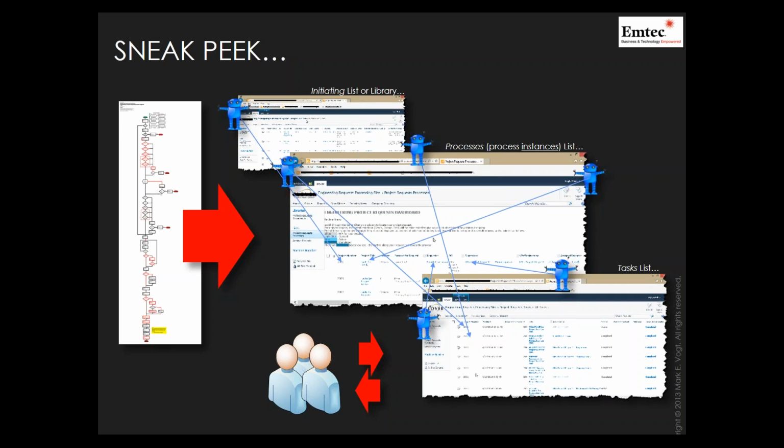What you're really going to be doing is creating a common set of lists and workflows, little robots that are automating a single complex process, so that for various processes, there will be a process list devoted to that process, and every item in that list is an instance of that process. And with that process are going to go a set of related tasks specific to that process and no other processes. There may even be an initiating list or library that, when something happens in it, triggers an instance of a process. But the idea is that you have lots of little robots all tackling individual little pieces.